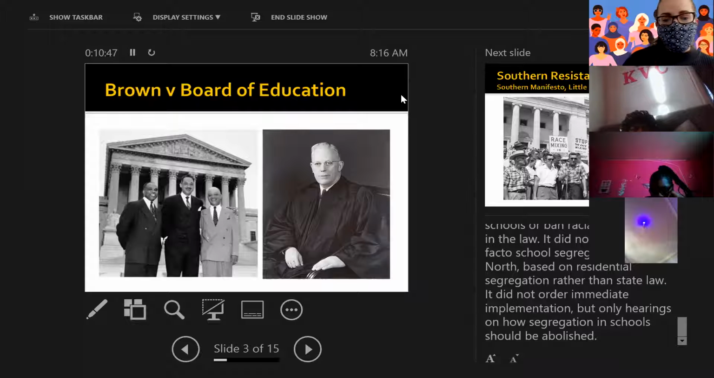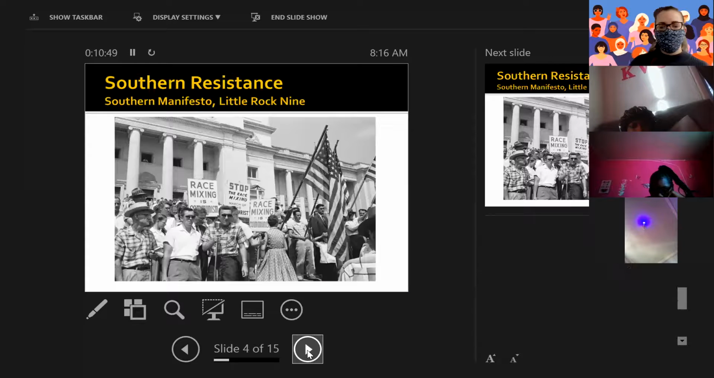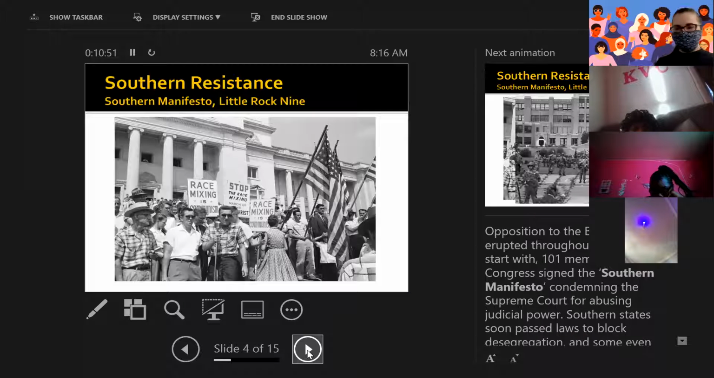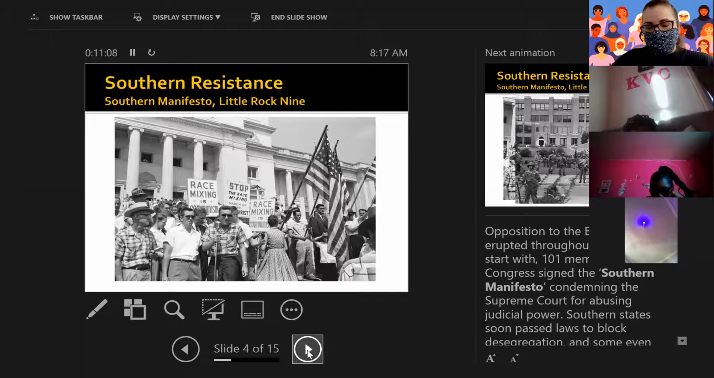Now we're going to zoom in on this Southern resistance. As I just said, it was up to the states to implement the Brown versus Board decision, but many in the South opposed it. For example, in the Southern Manifesto,